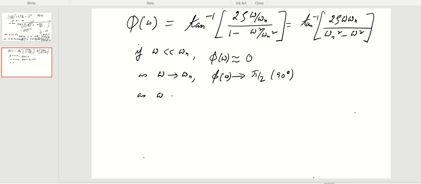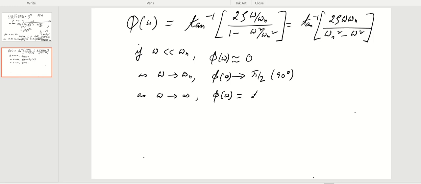As omega tends to infinity, what happens to phi omega? Yeah, that is the question we need to seek the answer to. So what do we do? Look, first of all, if you divide above and below by omega square,